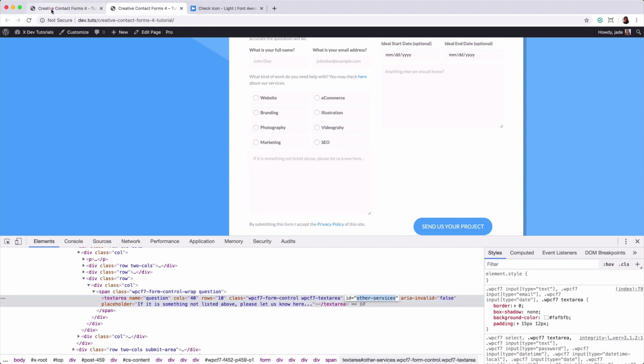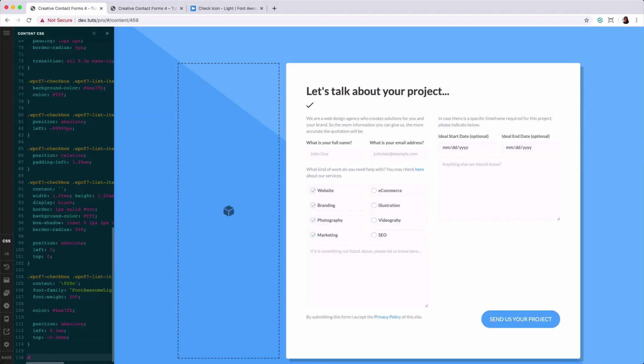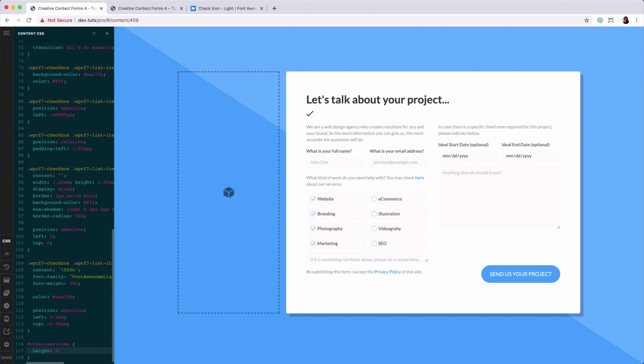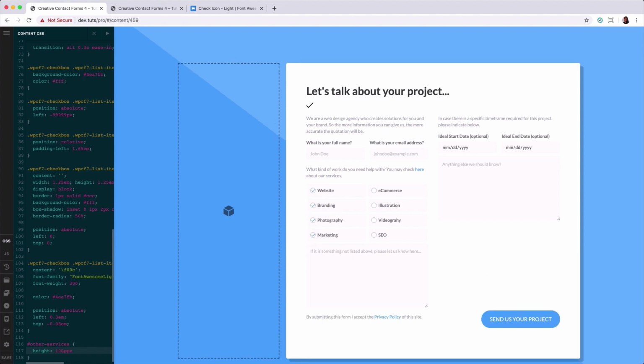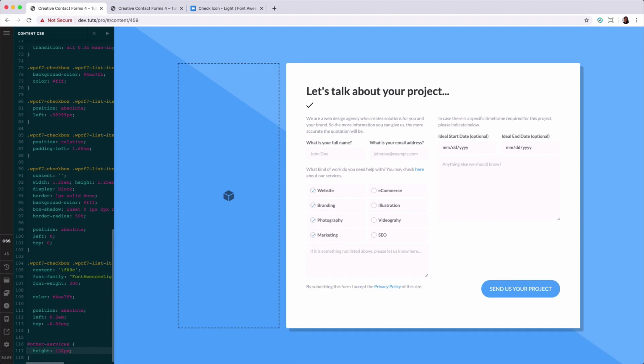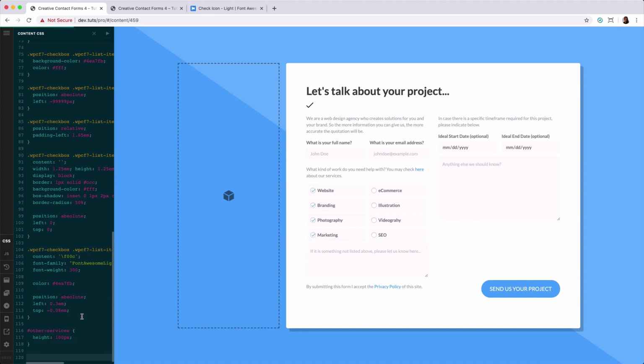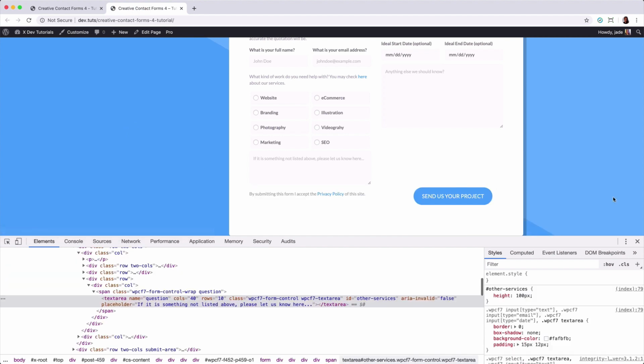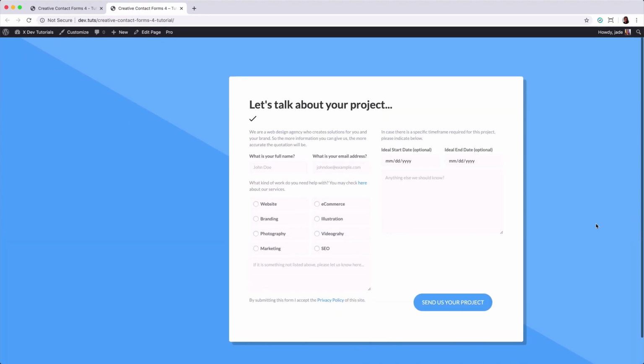We could just target that through the ID, then set the height to 100 pixels, and that should be enough. Let's save that, and let's close this. Let's go back to the front end, refresh our page,